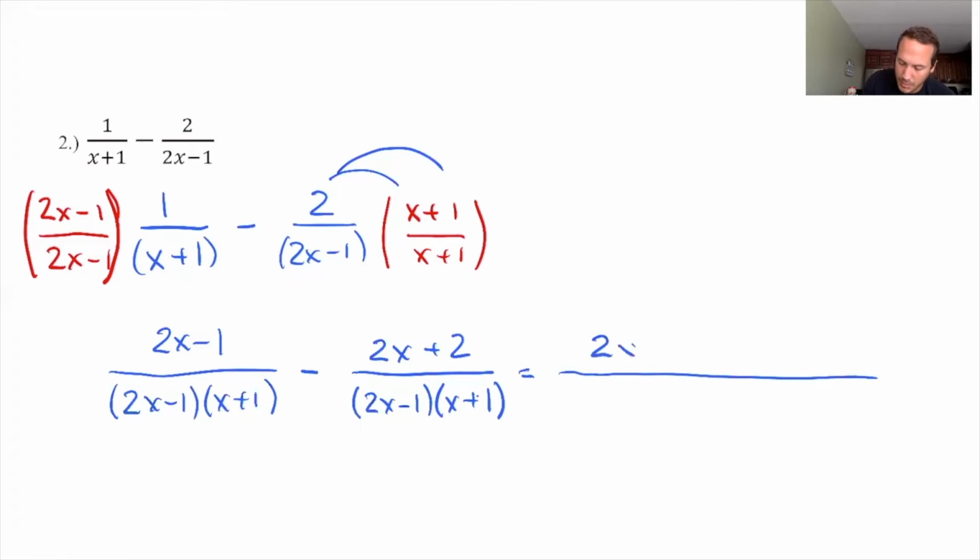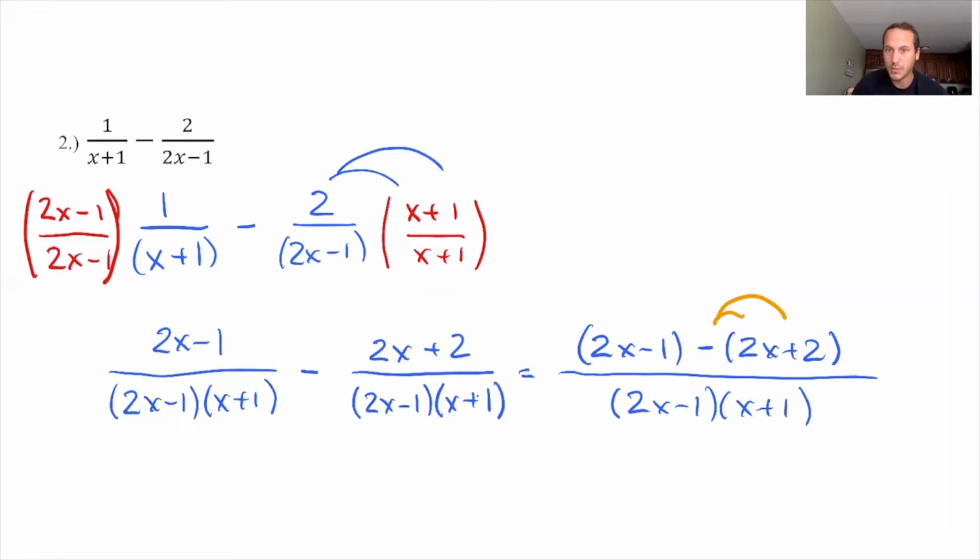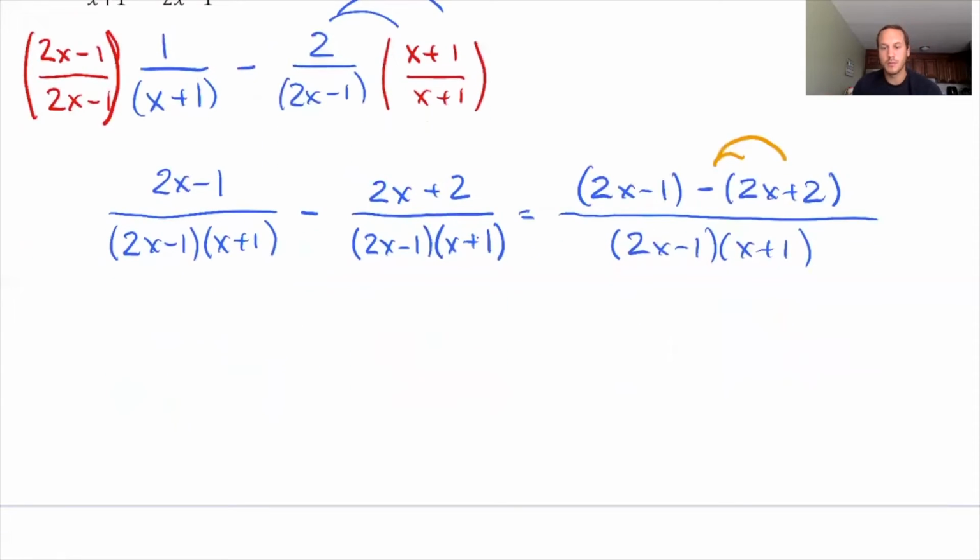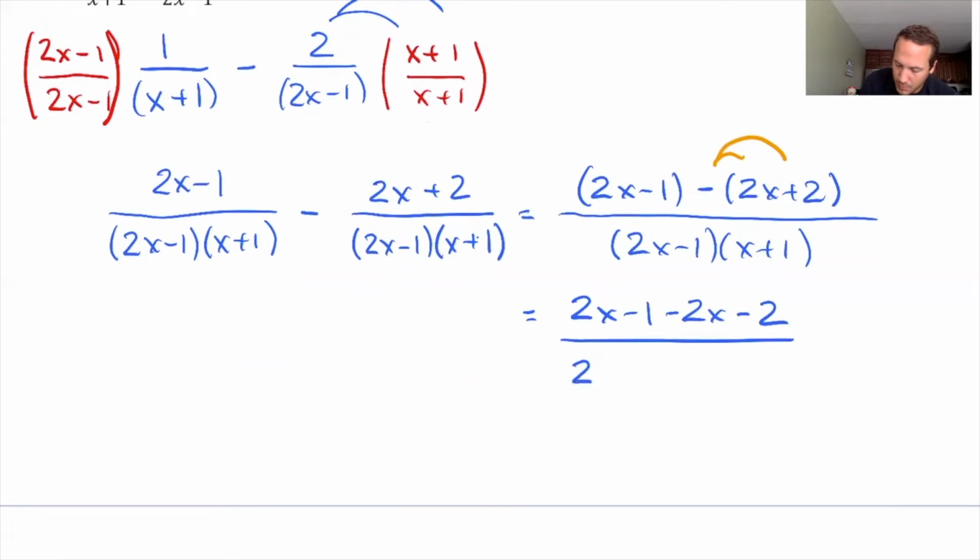this as 2x minus 1 in parentheses minus parentheses 2x plus 2. And that's important because this is exactly what I was talking about a few minutes ago, where you have to remember to distribute this negative. So you don't ever want to jump the gun there. But then my denominator is 2x minus 1 times x plus 1. I'm going to scroll up a little bit, give us a little bit more room. This is now going to be 2x minus 1 minus 2x minus 2 all over 2x minus 1,